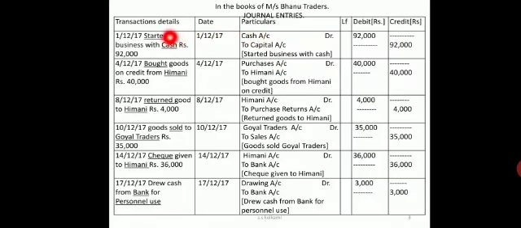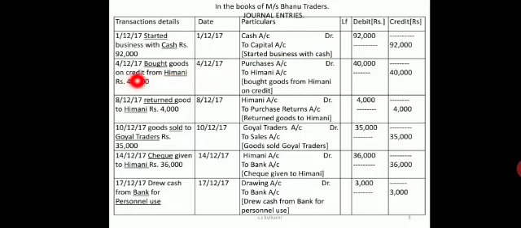The other account should always give a credit effect. So you have capital because it is investment. So I have cash account debited to capital account, 92,000. In the respective columns you have to write the narration: started business with cash. Next, you have: bought goods